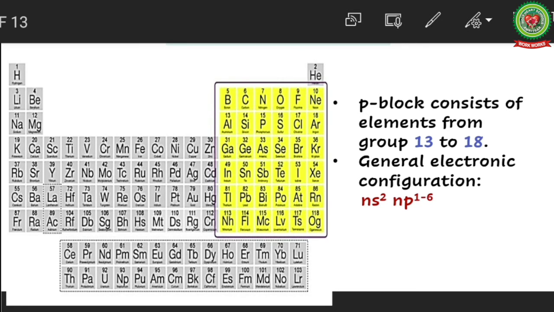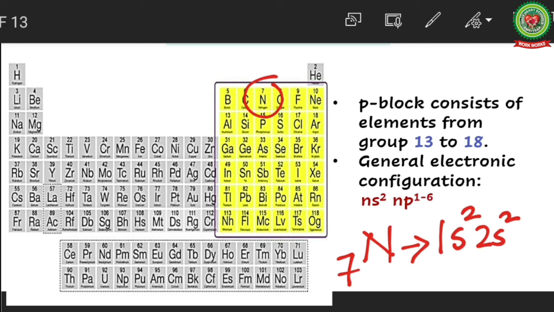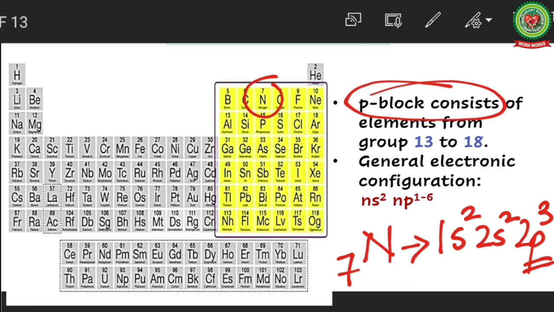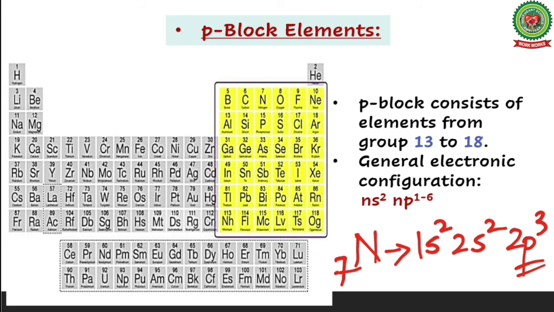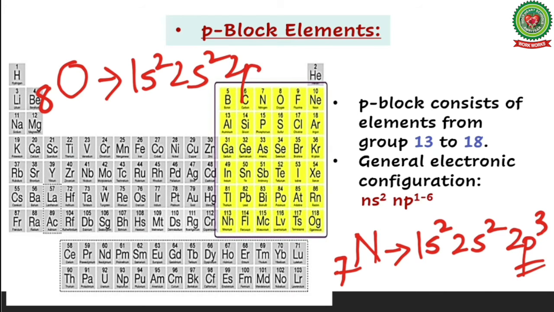Supposing we consider the element nitrogen. Nitrogen's atomic number is 7, so the electronic configuration is 1s2, 2s2, 2p3. Now the last electron is entering the p orbital, so therefore it is known as a p block element. If we consider the next element, oxygen with atomic number 8, then it will be 1s2, 2s2, 2p4. And here also, since the last electron is entering the p orbital, it is a p block